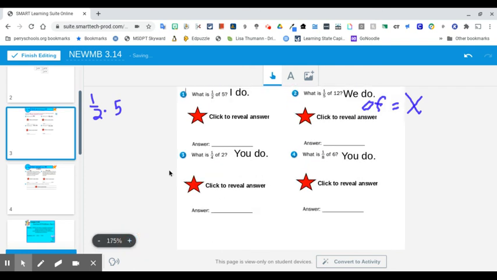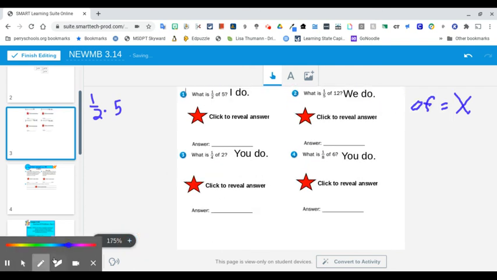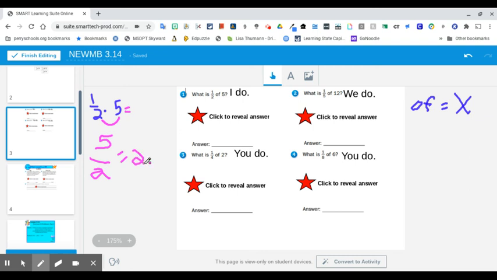So 1/2 of 5. I'm going to use that same thought process. And I'm going to say 5 divided by 2, because I know that's what I would do. I'm going to take my 5 divided by 2, and I know that 2 can go into 5 2 times, and it's going to have 1 left over, so it's going to give me 2.5. So 1/2 of 5 was 2.5. Now number 2,